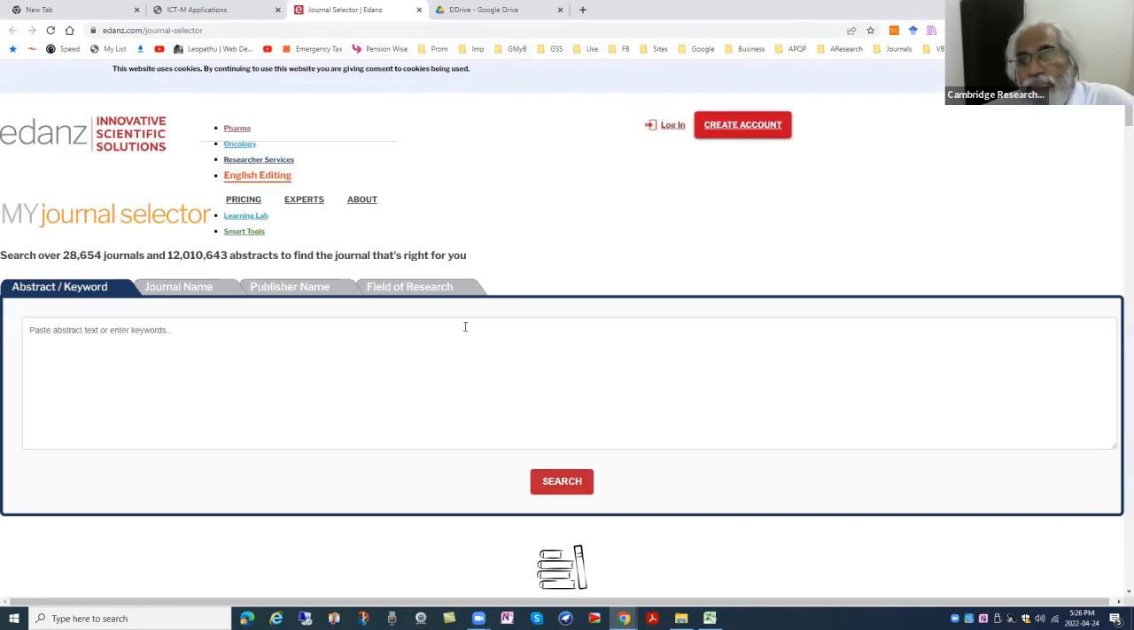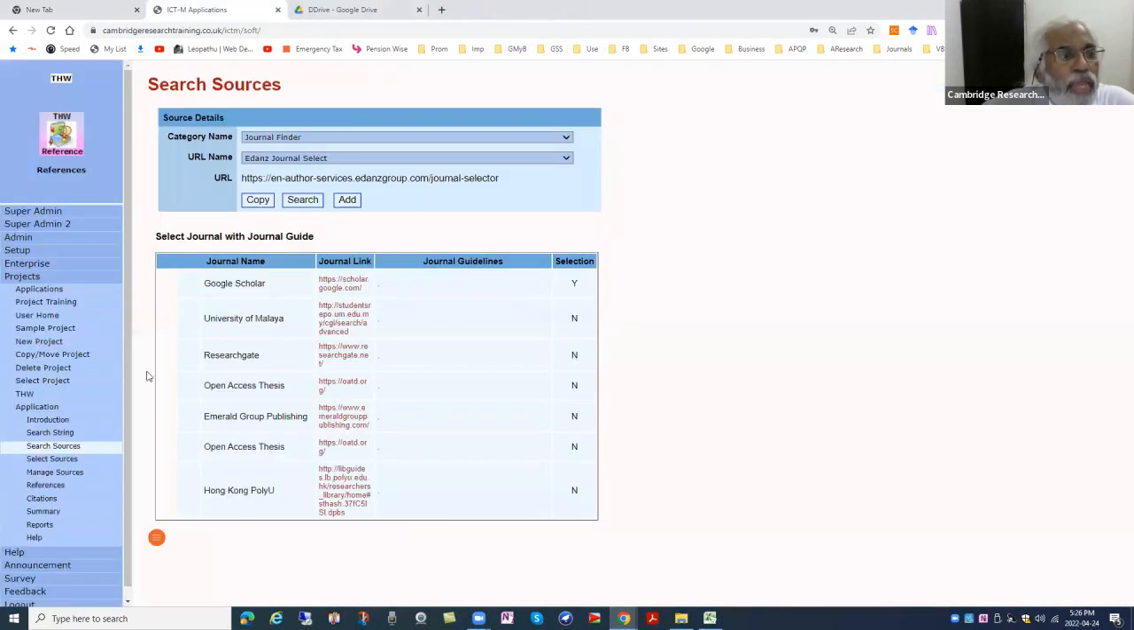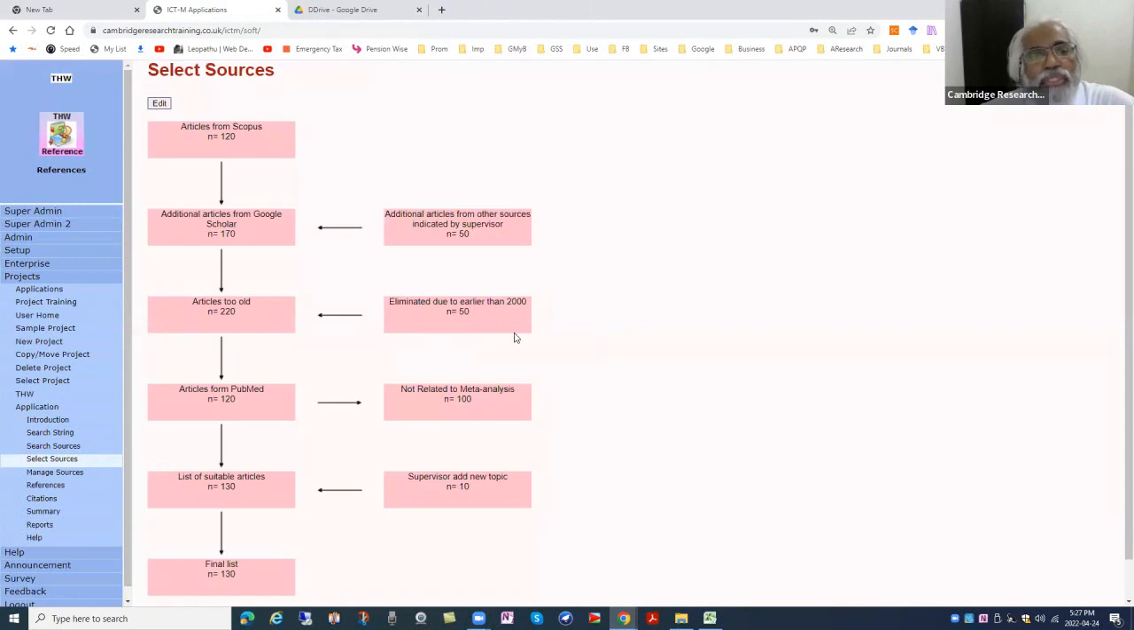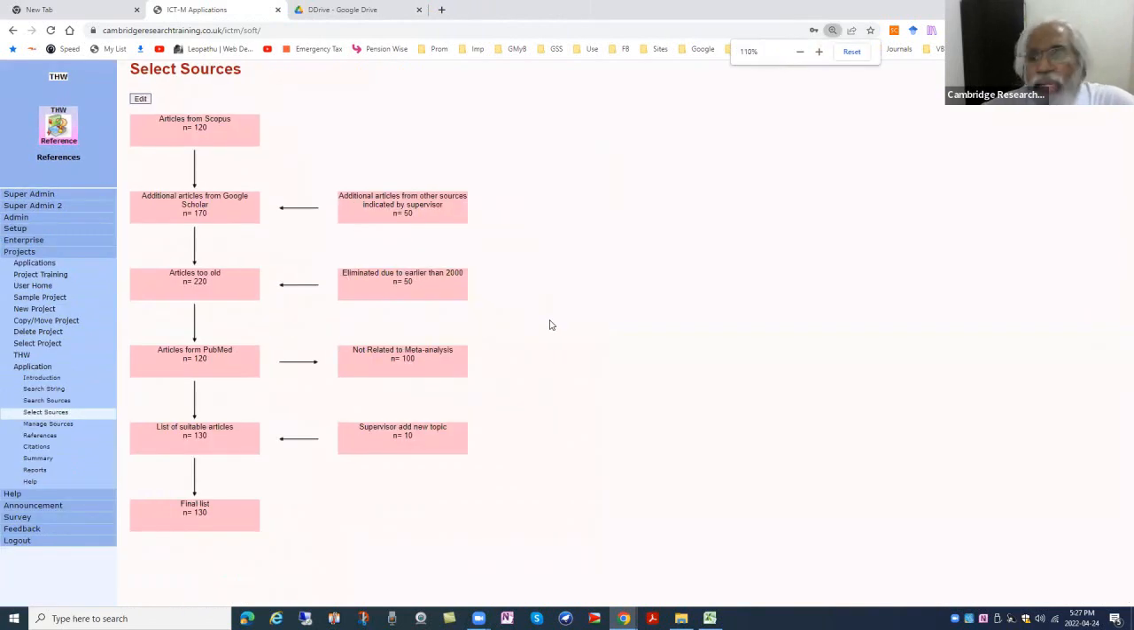There you are. Of course, some of them require you to log in and all that. That is beyond AsterWrite. But we have a systematic way of searching for articles. Okay. Now, then you have the select sources. Many documents, they want you to tell